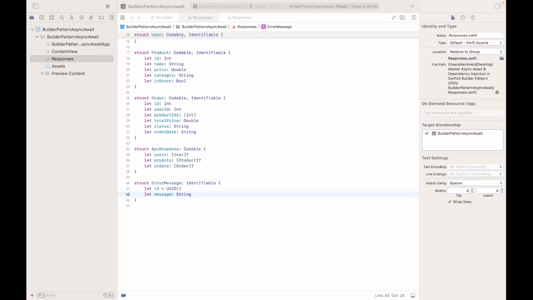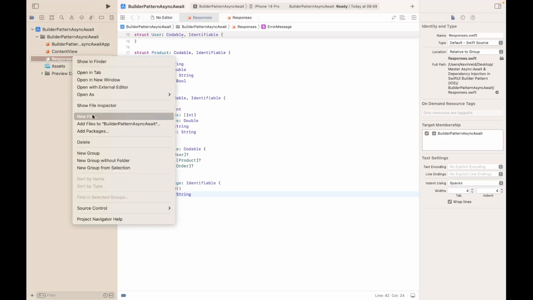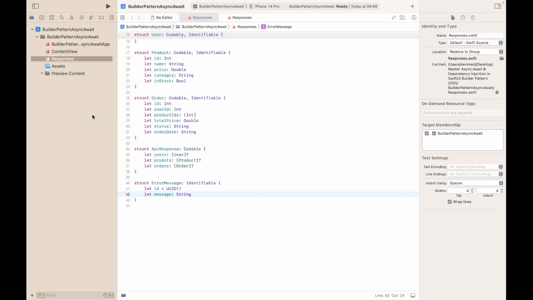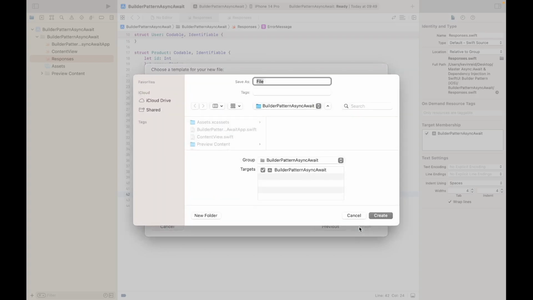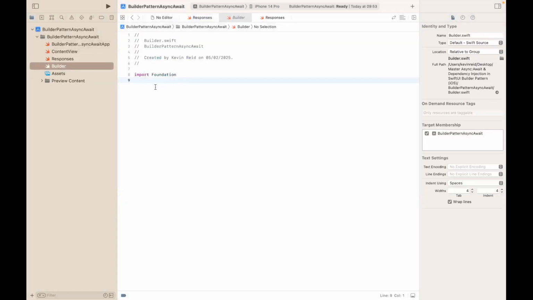In this tutorial, we will create the builder class. The builder class is responsible for fetching data of different types, such as users, products, and orders. So the first thing we will do is to create a new Swift file. Name the file Builder. And then type the following: